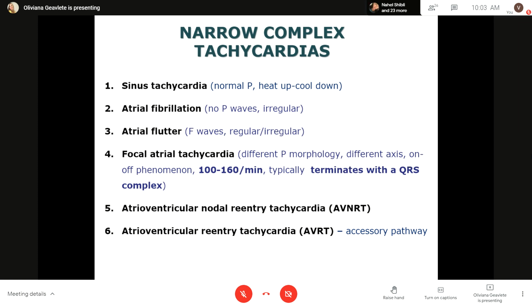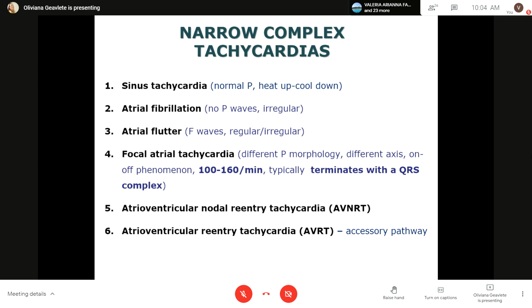When can it be irregular, the atrial flutter? When you have a variable AV block. You've seen yesterday an ECG with 4:1, 5:1 AV flutter, and this is the case when the rhythm can be